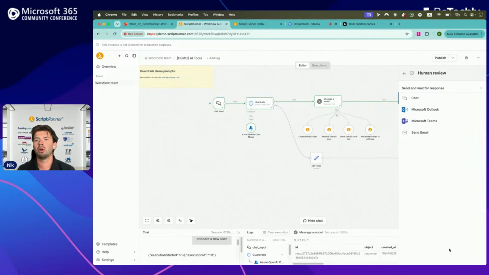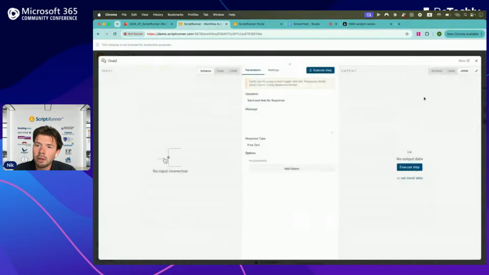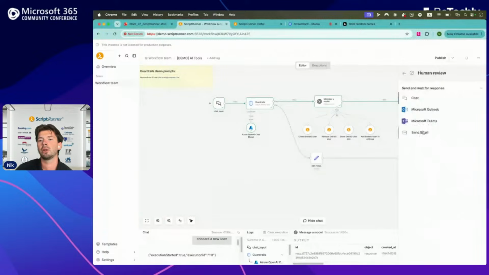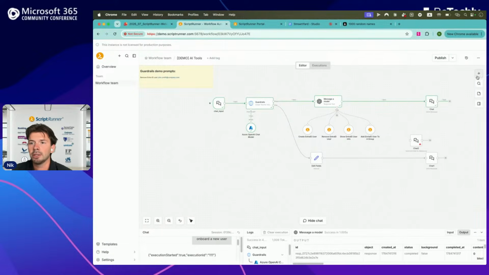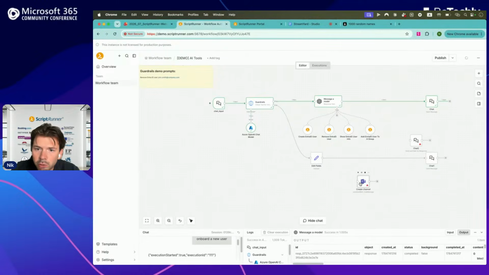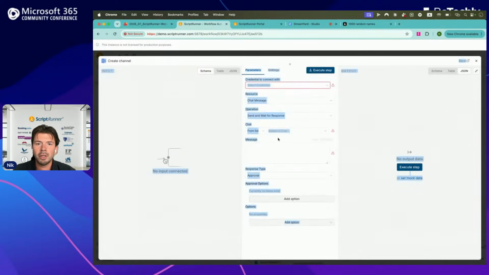So what the human review node does is you can simply define that before each next execution, you will get a message that asks you to approve or reject the execution. And the way it works, first of all, you can choose the communication channel. For example, you want to communicate via Teams. In case you choose Teams, you will get a message on Teams asking you, hey, let's take a look at this. So you would first define your credentials, of course, but then you can define the message here, right? Hey, do you approve